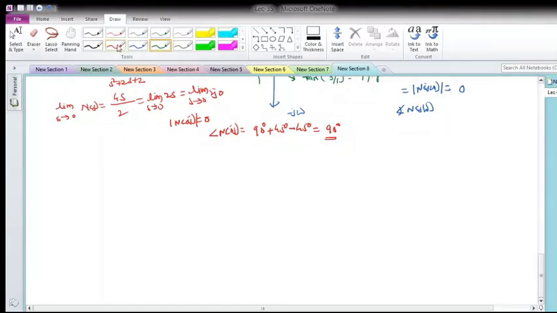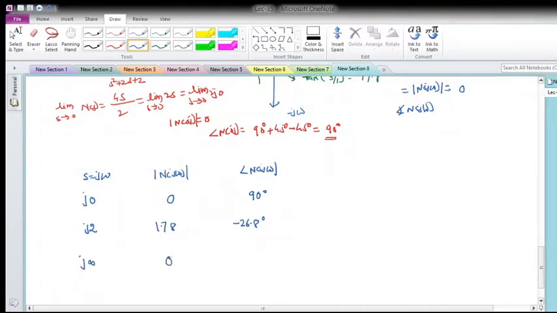So let me write whatever we have calculated now, for s equal to j omega, what is the magnitude and what is the phase. Suppose I take j0 at omega equal to 0. What is the magnitude contribution? It is total 0, both poles and zeros considered. The angle is 90 degree, we saw how it has come. When omega is 2, what is the magnitude contribution? That is coming out 1.78, and the angle is minus 26.8 degree. Now when omega is infinity, how much is the magnitude? It is 0, and what is the angle contribution? Recently we said minus 90 degree.